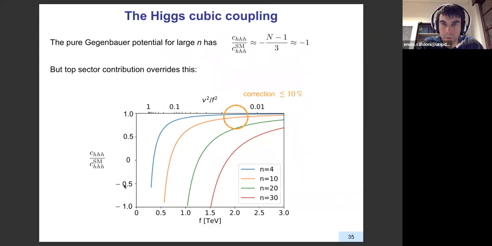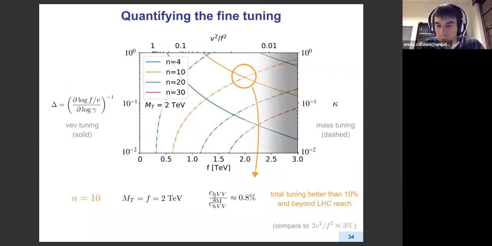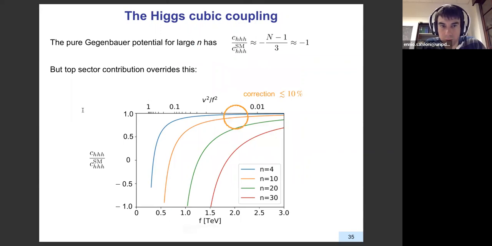And one last word about this is what happens to the corrections that I talked about here, which are single Higgs couplings. For example, Higgs coupling to the Z boson or to fermions will be corrected in general at this order. However, the trilinear Higgs coupling could be different because we are looking at a potential that is very different from the standard model in a sense. In fact, the pure Gegenbauer potential has a completely different shape there, in the sense that the trilinear is about -1 in this model, in standard model units. Wow. This is purely academic, though, because in practice, that's overridden by the top contribution.